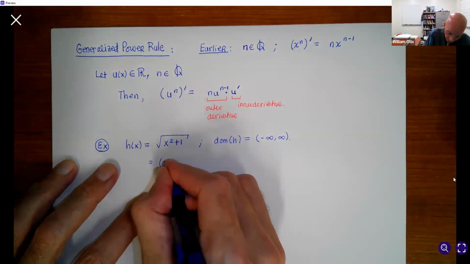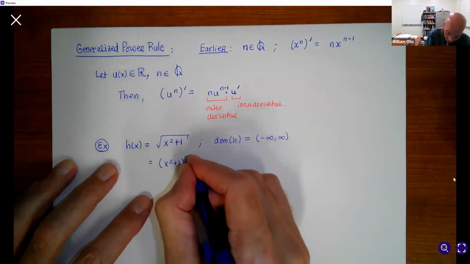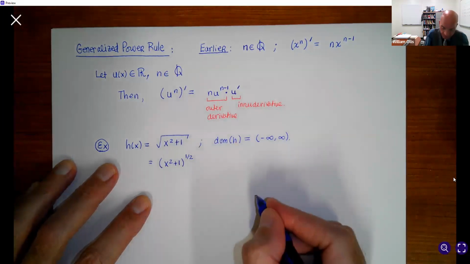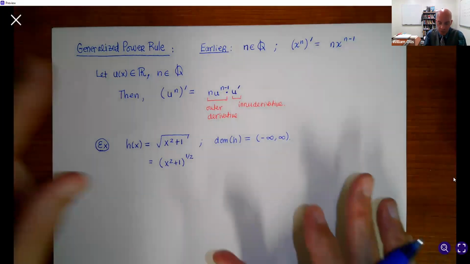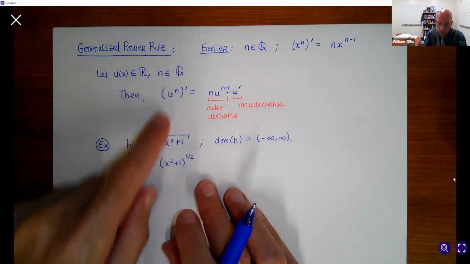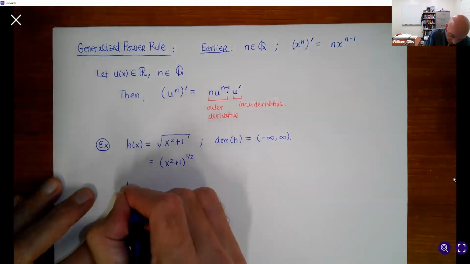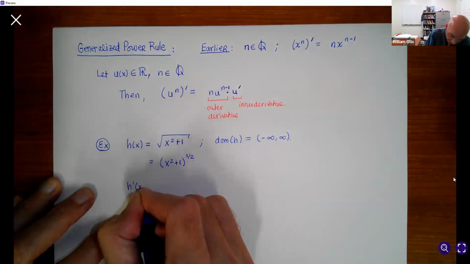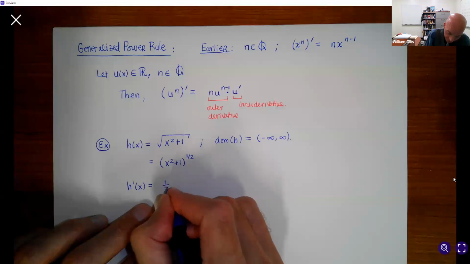That is, we could just write it as x squared plus 1 to the 1/2 power. And so now we have an outer function, which is the square root function. So we're thinking of the n as being 1/2, and the inner function, or the u, being x squared plus 1. So then h prime of x will just be the derivative of the outer function by the power rule,